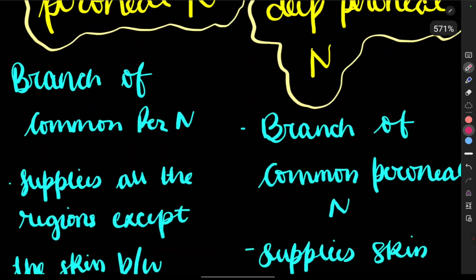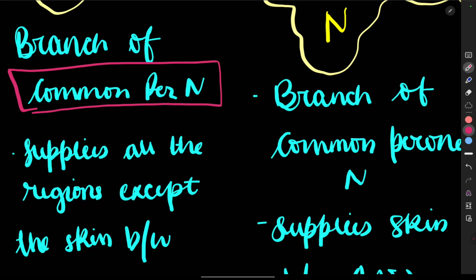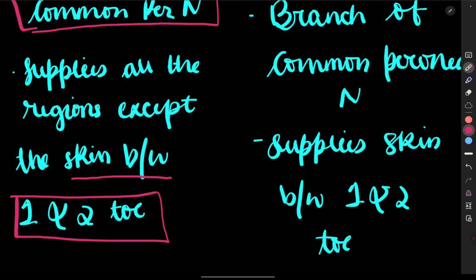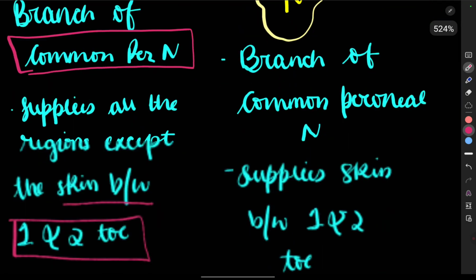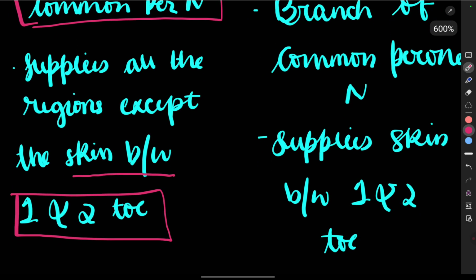The superficial peroneal nerve is a branch of the common peroneal nerve, and it supplies all the regions except the skin in the cleft between the first and the second toe. We'll see in the diagram. So it is a branch of the common peroneal nerve. It supplies all the regions of the dorsum of foot except the skin that is present between the first